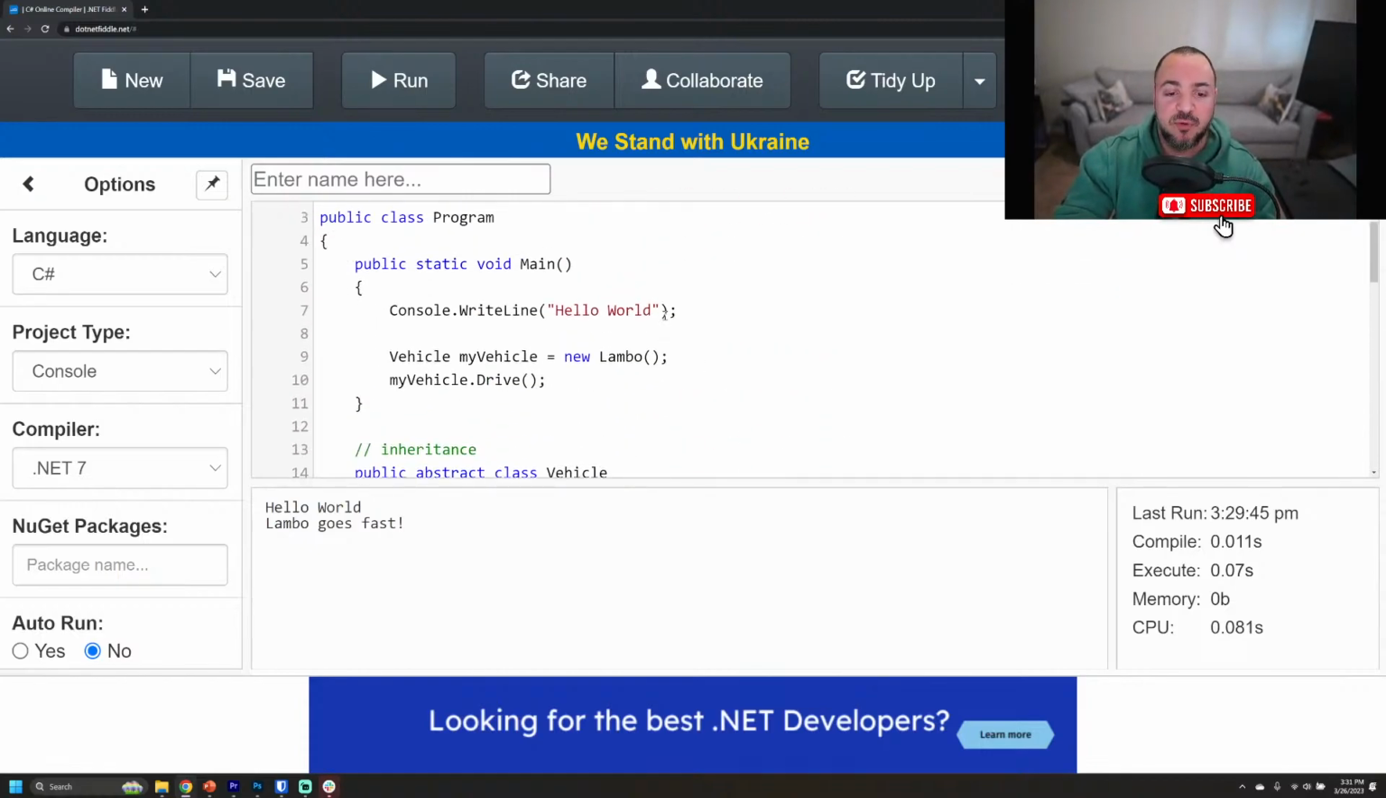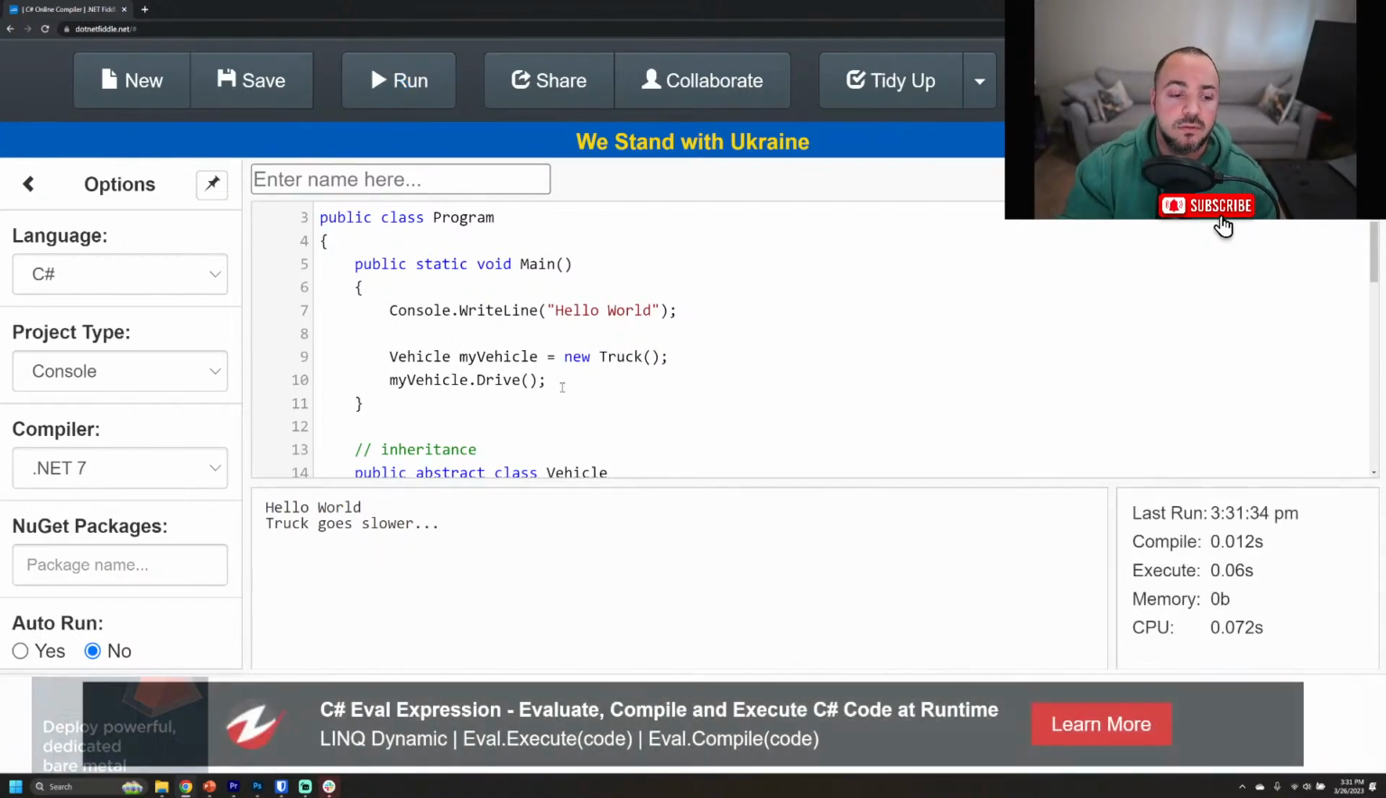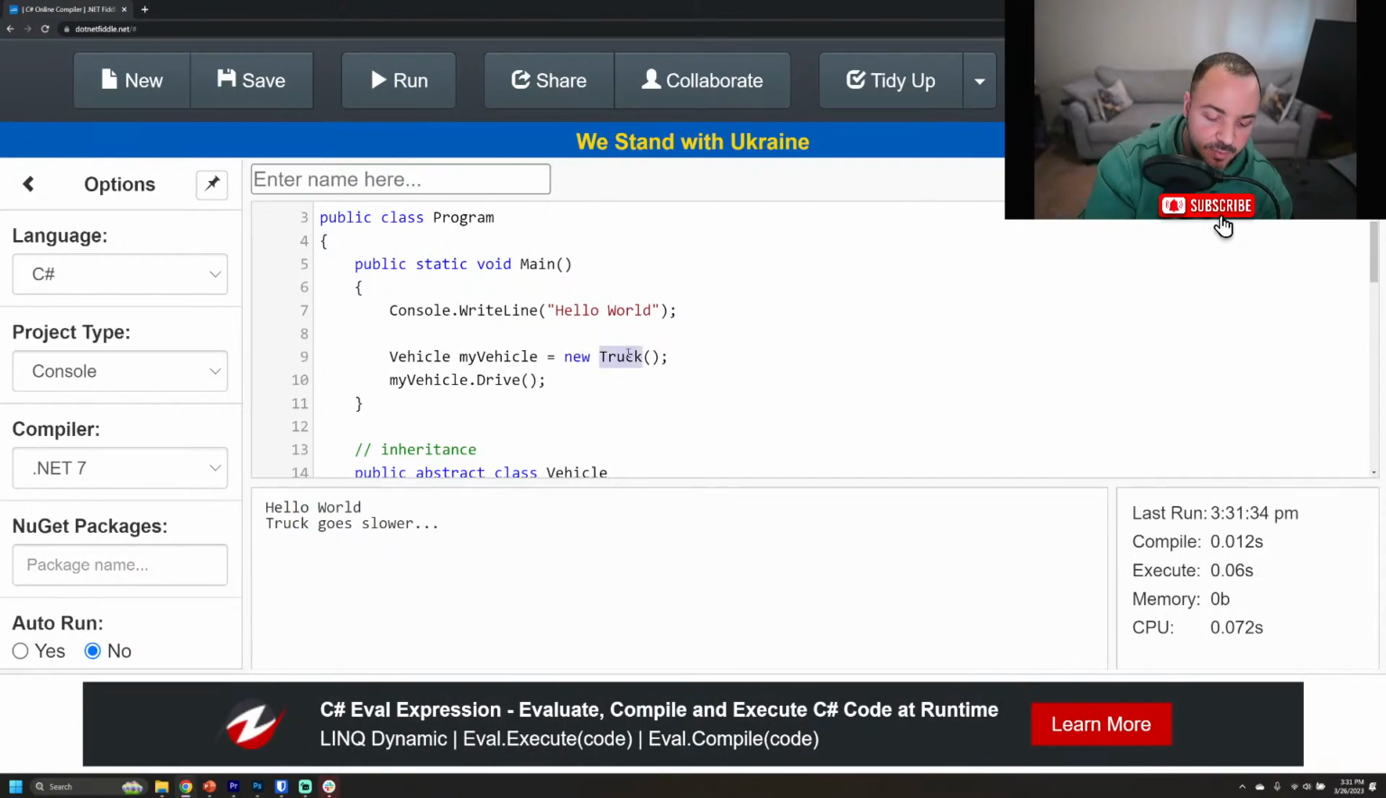So if I go back up to the top here, I still can't put vehicle here, right? Because vehicle is abstract. We cannot make a new instance of it. I can put car here. And if I go run this, car goes at normal speed. I can put truck here. Truck goes slower. And if I put Lambo,